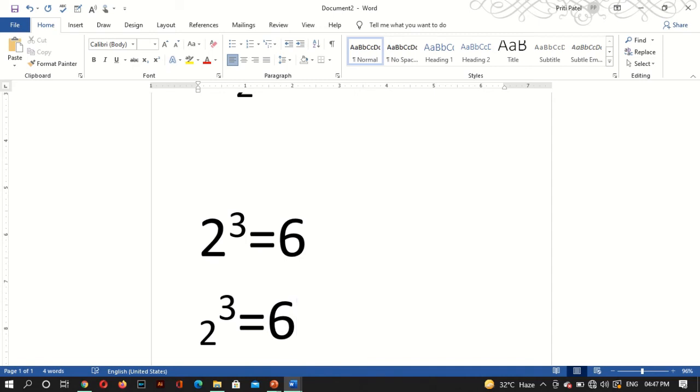Okay, so what is the use of superscript and subscript? The characters are basically used while we are writing chemical formulas, or when we want to write characters above the normal line.